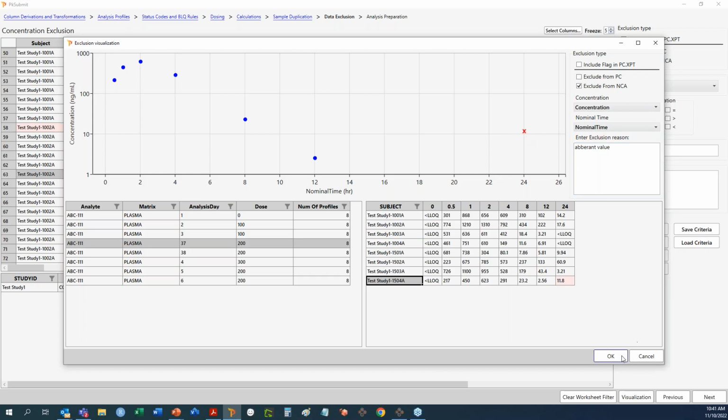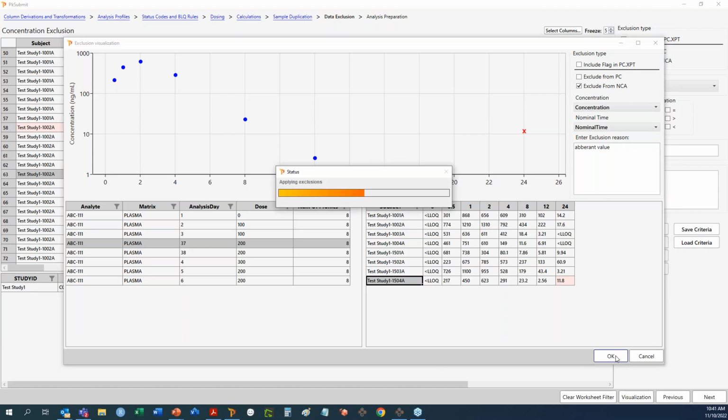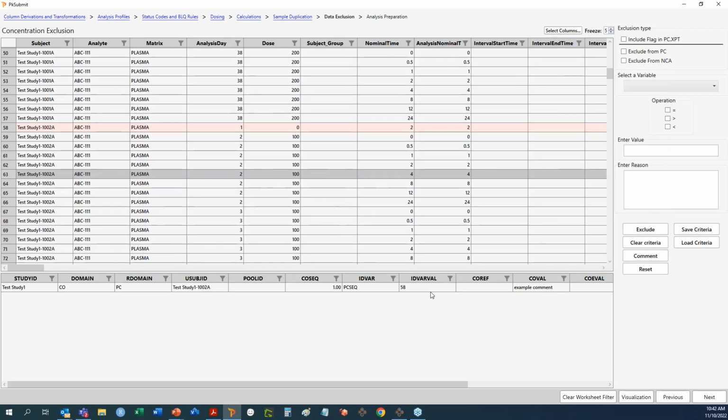And so that will be referenced here as well, back on the main grid. So that exclusion is applied here. And if I scroll through, I should be able to see that as well. Okay, so that's exclusions and comments. Let's move forward